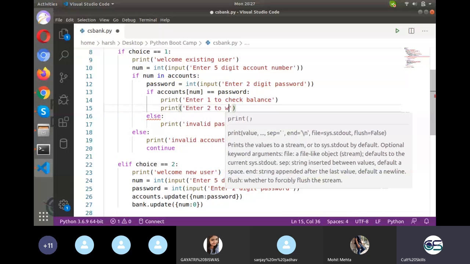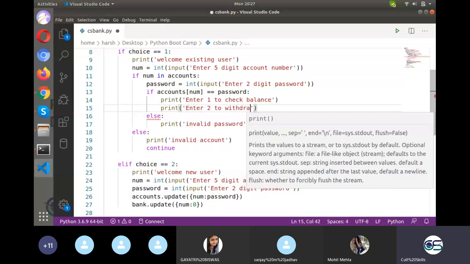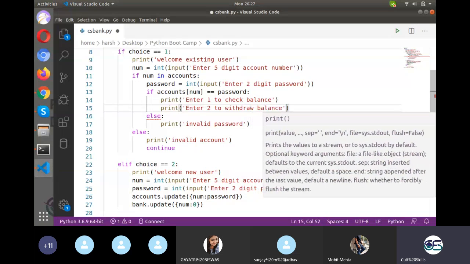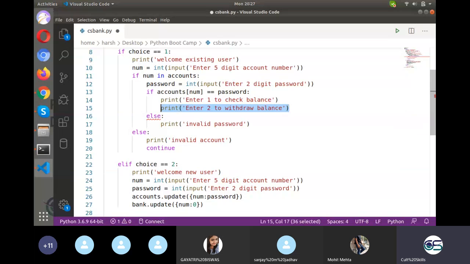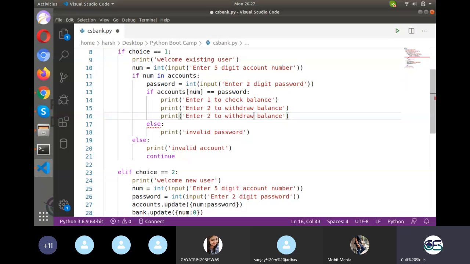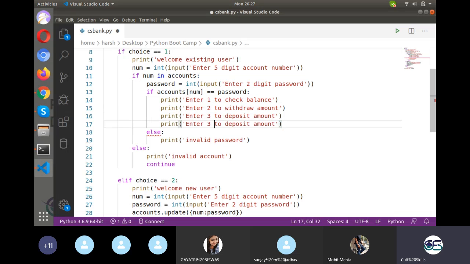Enter 2 to withdraw. Fine, something is wrong here.